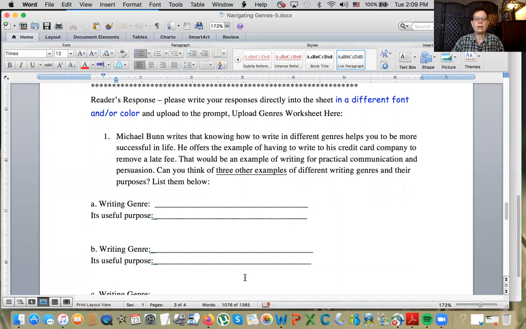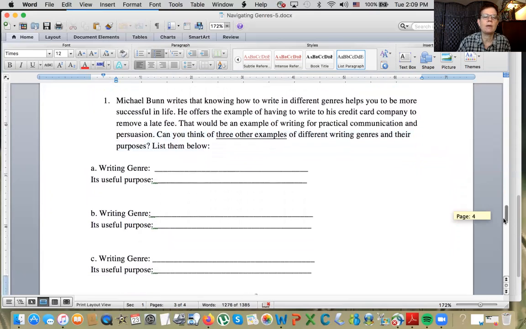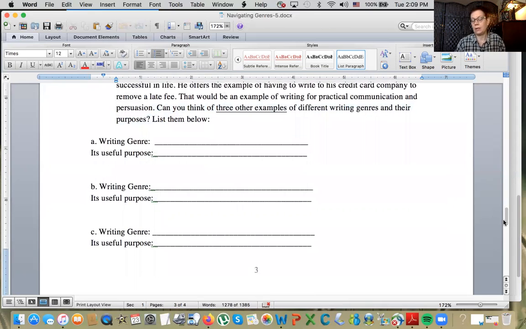Michael Bunn writes that knowing how to write in different genres helps you to be more successful in life. So he offers an example. And the example is a letter that he wrote to his credit card company to remove a late fee, or an email. Now that would be an example of writing for a practical communication. And then it asks, can you think of 3 other examples of different writing genres and their purposes? List them below. So you can think of any situation in which you might write something, maybe an email, a